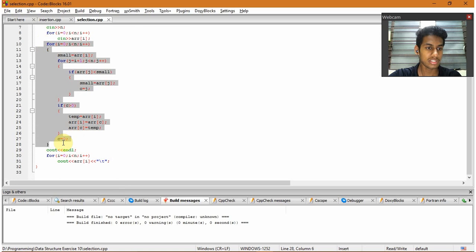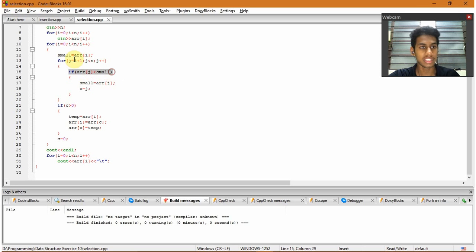So what happens in this sorting is we assume small to be the first element of the array, then we go inside, compare it with all the elements in the for loop. Then once it finds the smallest, then